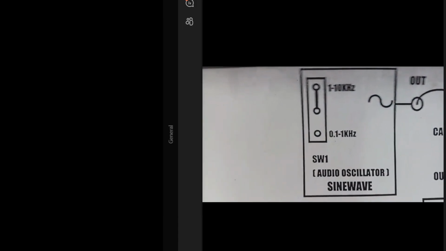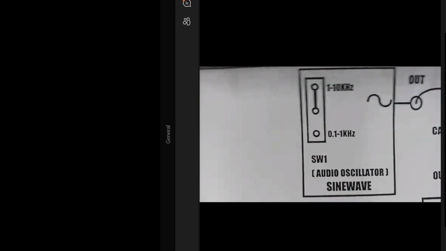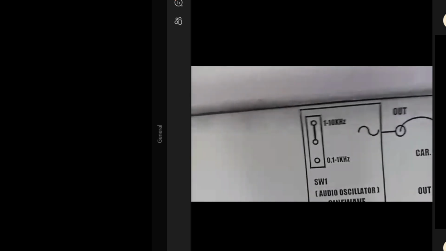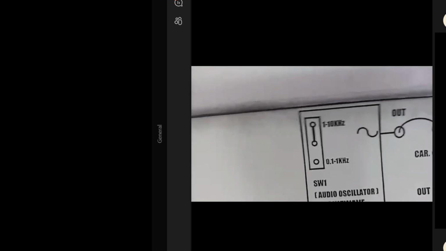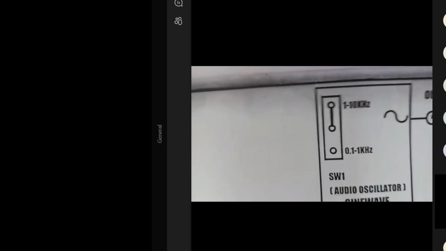Accordingly, a control signal is sent. Basically, as you have already discussed in your previous semester, a DC signal of a particular amplitude is sent, and accordingly it is decided which frequency signal the oscillator is going to generate. Here you have two groups: 0.1 to 1 kilohertz, and 1 to 100 kilohertz.